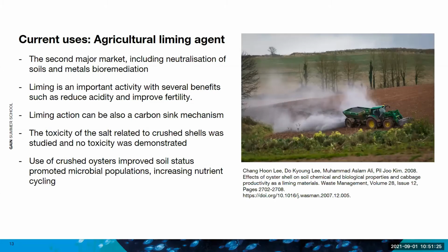Another use is related to agricultural liming agents. This is the second major market, and it includes neutralization of soils, mainly acidic soils, and metals bioremediation. Liming is an important activity to improve soil fertility, and normally it is also related to carbon sink mechanisms, to be a carbon sink in